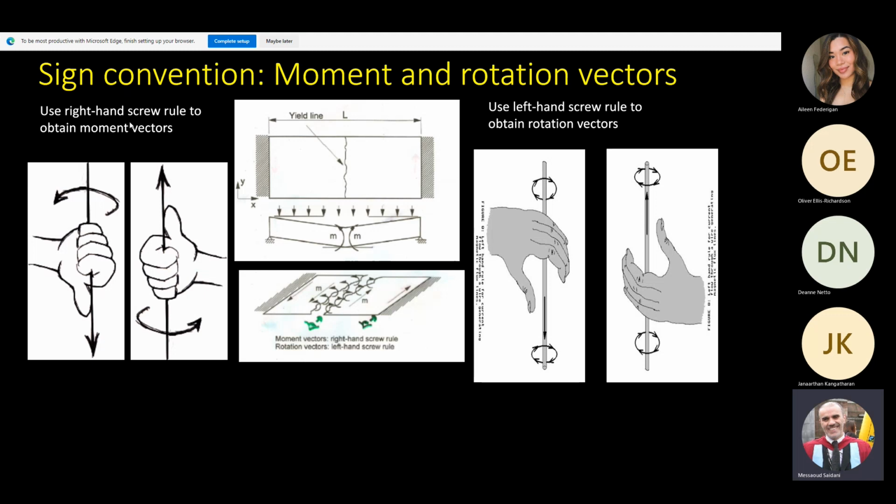For the moment vectors, we use the right-hand screw rule. So you do it with your right hand, and I'm going to explain how. For the rotation vectors, we use the left-hand screw rule. How does it work? Let's take